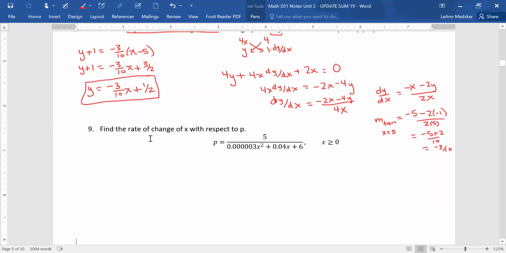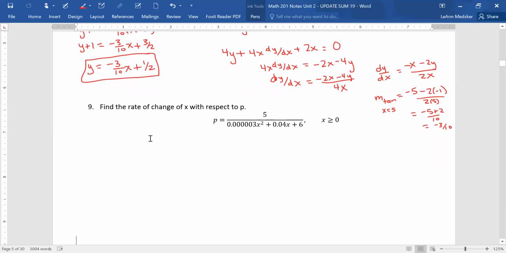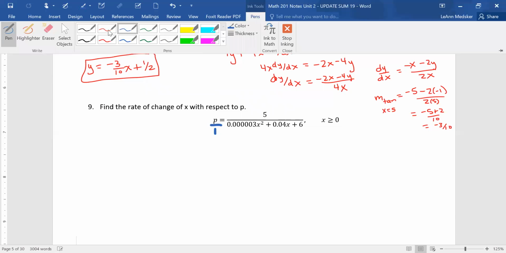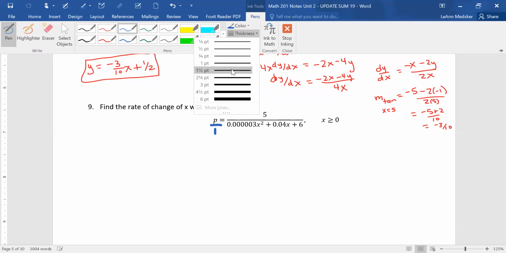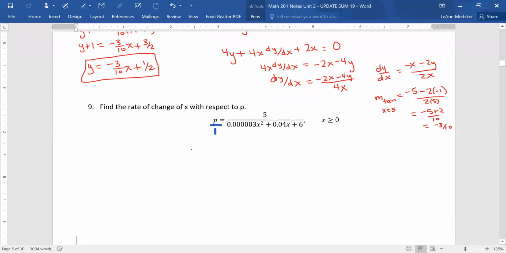Now for number 9, it says find the rate of change of x with respect to p. So this is different. We're not doing dx this time on the denominator. It's going to be dp. And the way this is set up, it's actually sort of nasty to take the derivative the way it's written. So I'm going to do a little trick just to manipulate this. And I'm going to multiply both sides by the denominator of the right side. So I'm not going to distribute anything. I'm just going to write it as